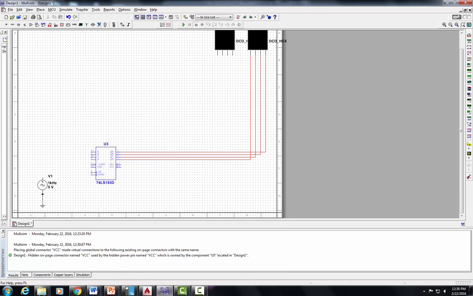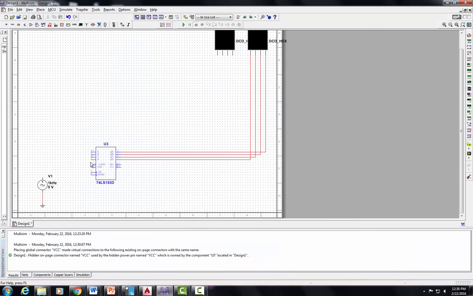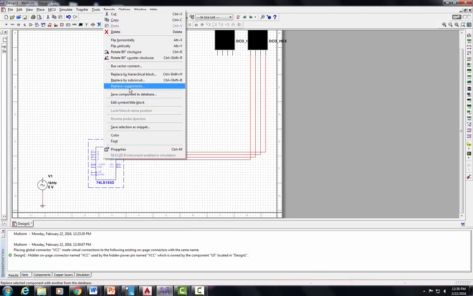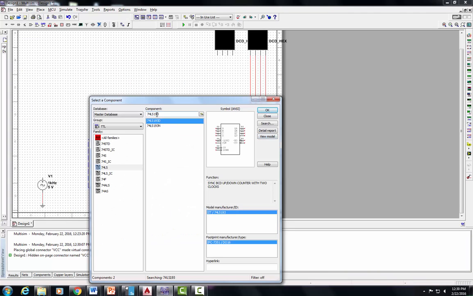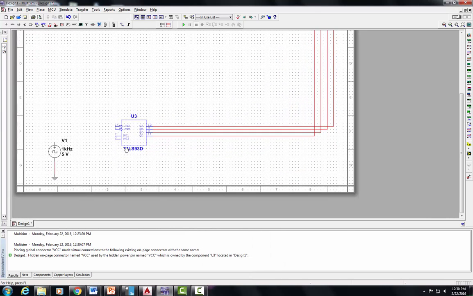And we have the 193. That's what it told me to use, right? Oh, no, it told me to use a 93. Okay, so let's come back in here. Replace component. That looks a little more like what you guys are used to. Okay. Yes, that'd be what you guys are used to. So then now that we've got that going,